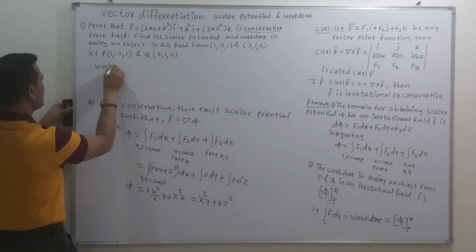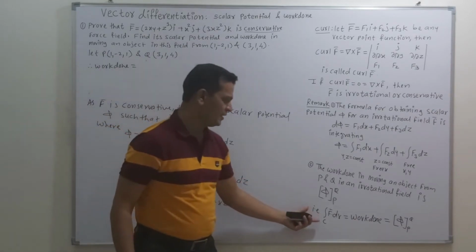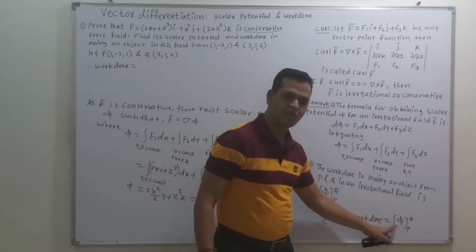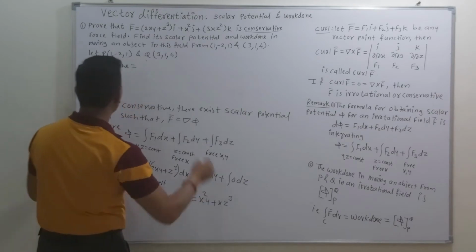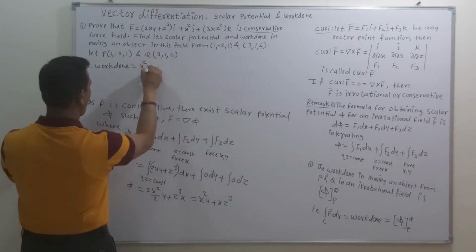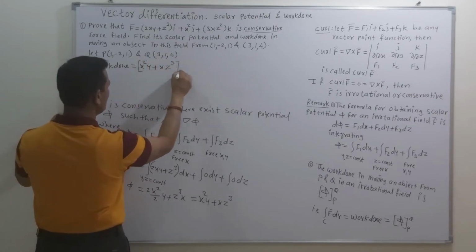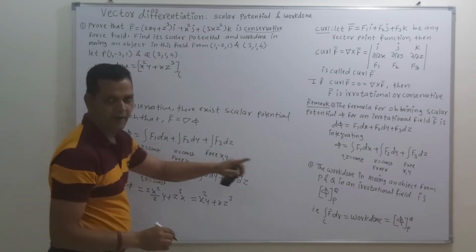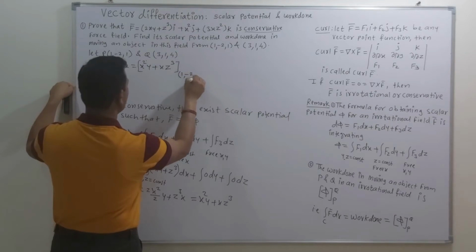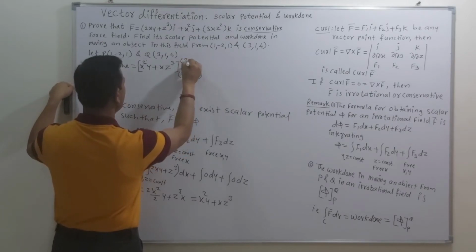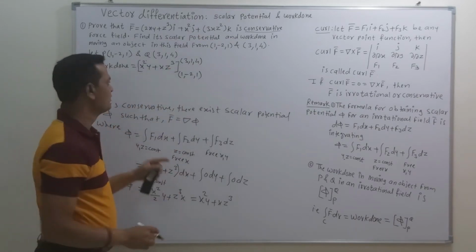Therefore our aim is to find out the work done, and according to this formula, work done is the value of scalar potential phi between the points P and Q. So here we already know the value of phi, which is x square y plus x z cube, and we need its value between P and Q. The value of P is 1, minus 2, 1 and the value of Q is 3, 1 and 4. So just put the particular values for x, y, z between these 2 points.